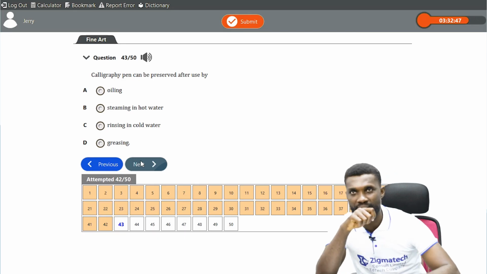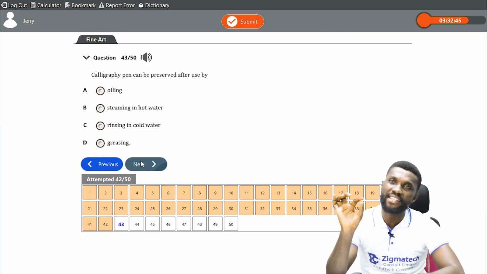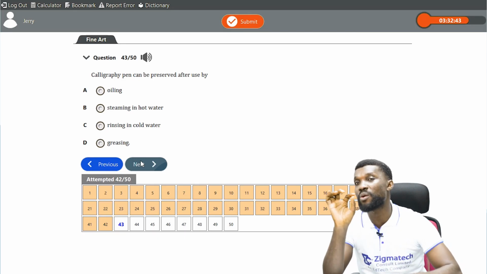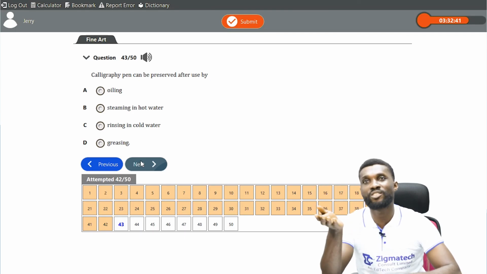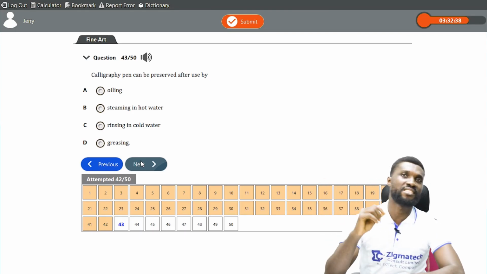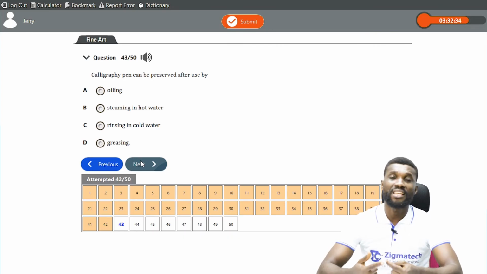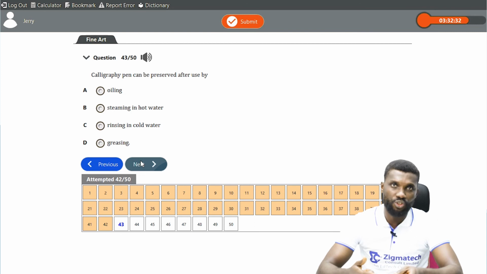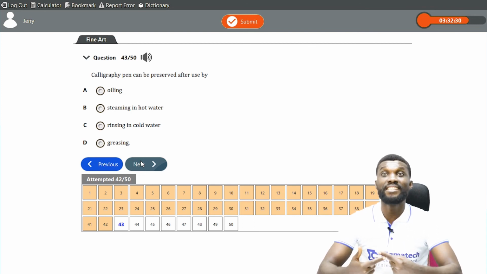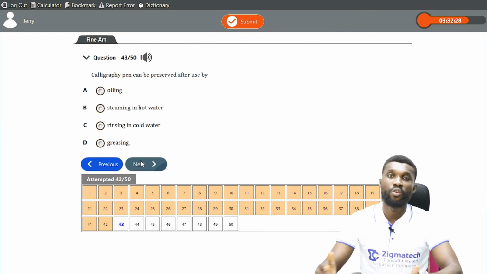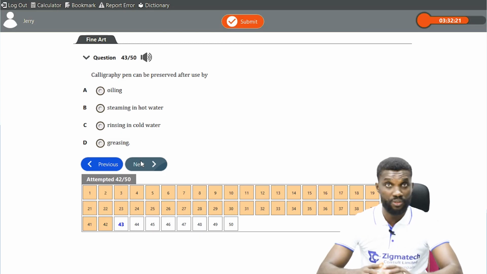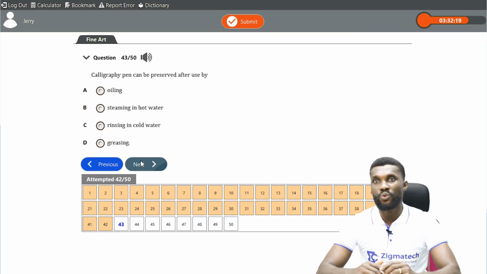First, what is calligraphic pen? Now, calligraphic pen is a special pen that is used to write a kind of special lettering. There is a lettering known as calligraphy. Now, this is a lettering that is mainly used in your certificate. Now, for those of you that studied lettering in school, in your secondary school, they have explained the different types of lettering. We have the text, we have the bold, we have the Gothic, we have the Roman, we have the Italic, you know, to mention but a few. Then we have different fonts. So now calligraphy on its own is a special type of